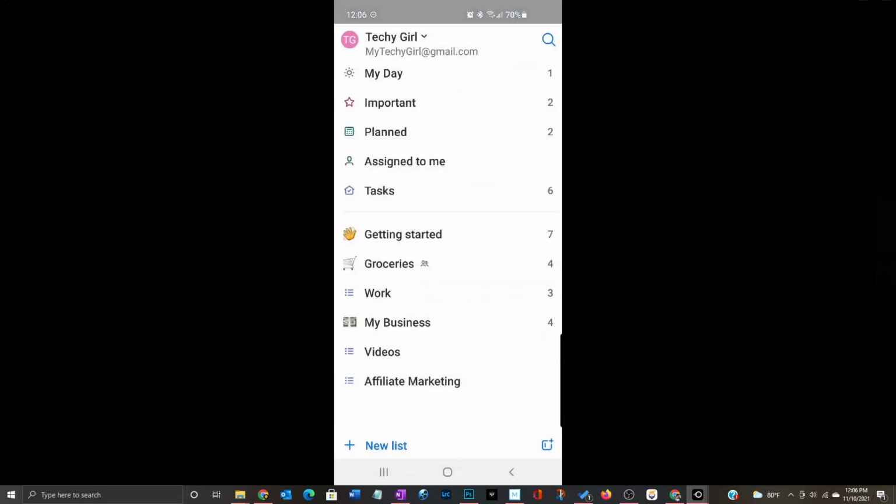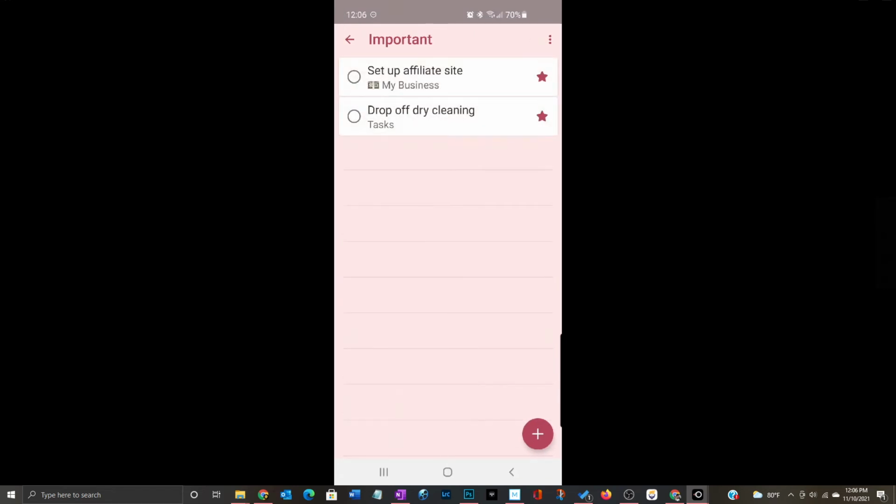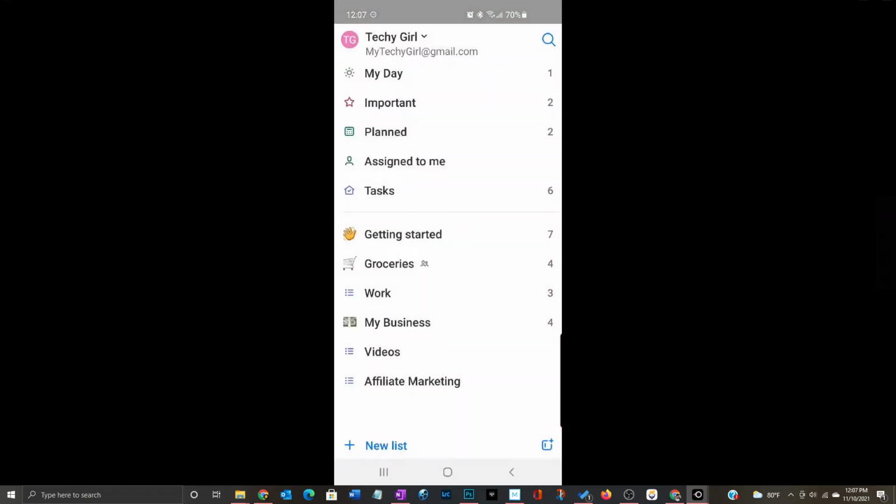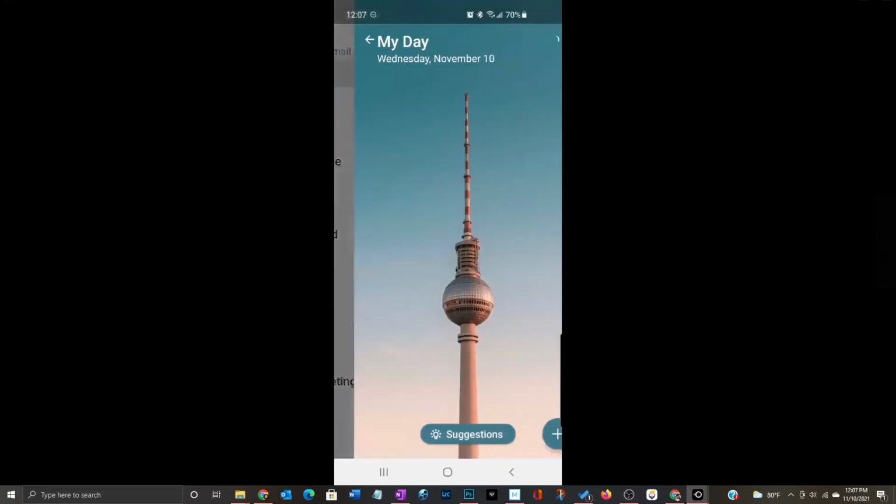So if I go back, now I have a 1 next to my day, so I do have some tasks to do. So it depends on how many you have, and the important ones that I have, I'll show you that. So to get the important ones, you just add the star over there. So as you can see, I have 2 different things that are really important for me to do today. I have to go pick up that dry cleaning because I'm going somewhere. I need to set up that affiliate site, so that's important to me. And then let's see, planned. Planned is when you add a due date to it. So let's just go back to call